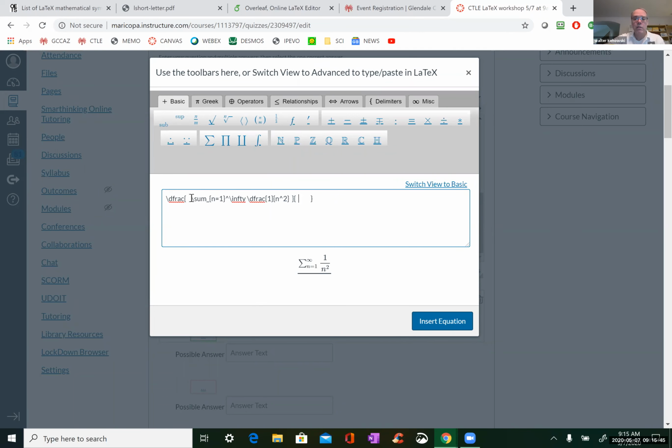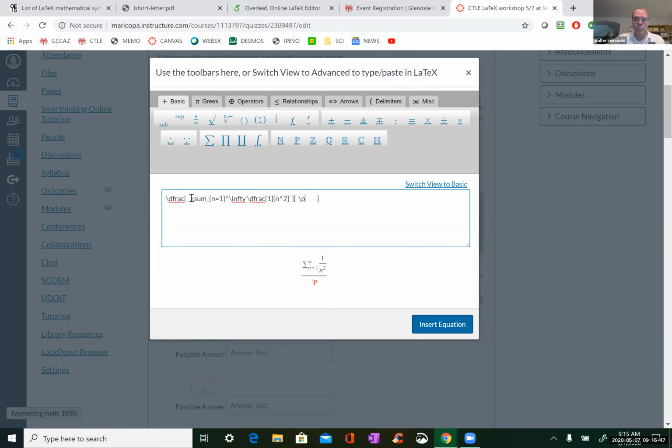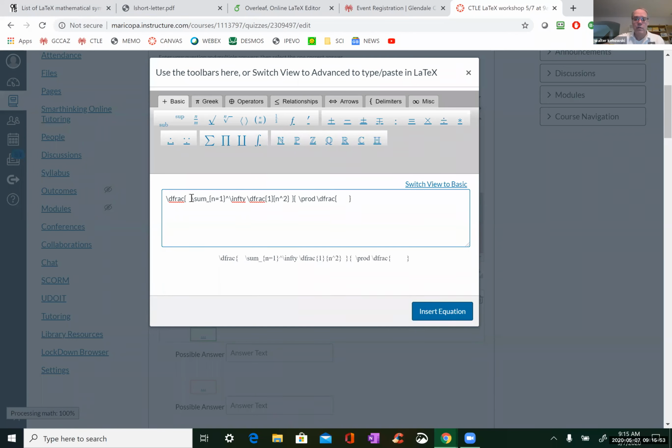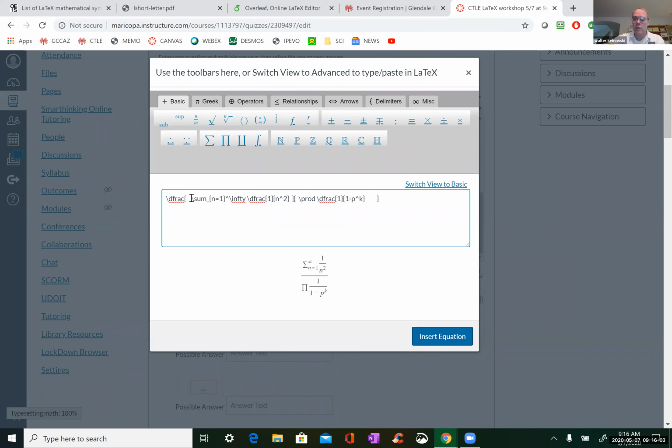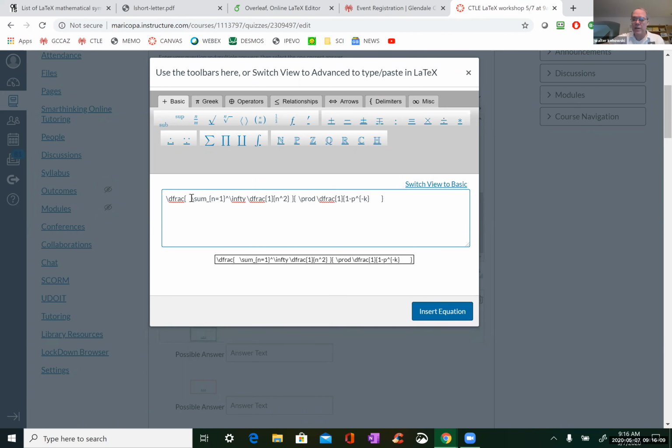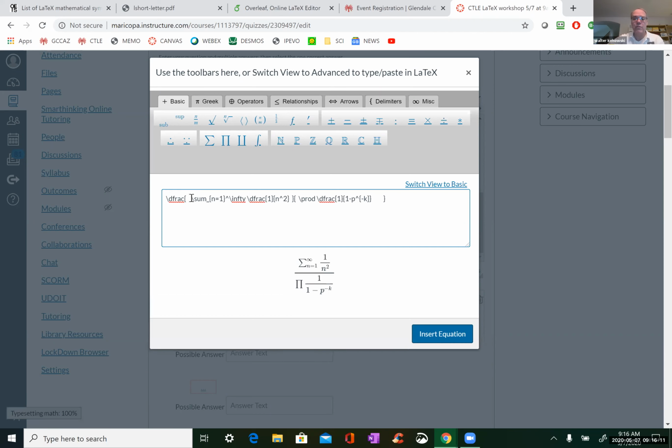Okay. And then why don't I do the product of one minus p to the k or something, negative k, right? And then if you want negative, you need to make sure you put it in braces.